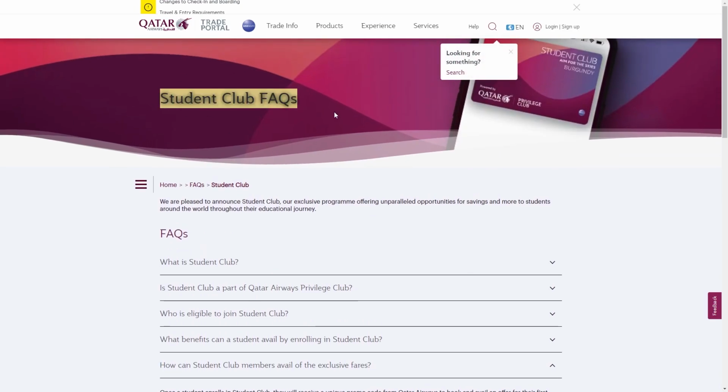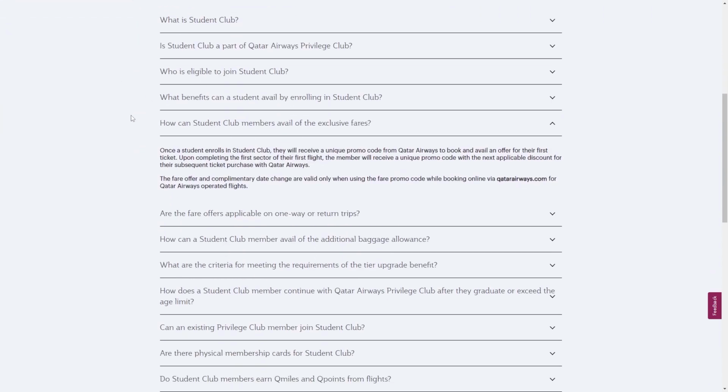Well, if you head over to the Student Club FAQ and scroll down to this section here, it says that once a student enrolls in Student Club, they will receive a unique promo code from Qatar Airways to book and avail an offer for their first ticket. So what this means is when you actually enroll in the Student Club, you should receive some sort of promo code or voucher in your email, and you can actually use that to claim your benefits and save some money